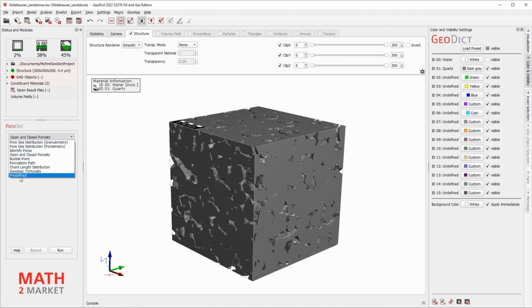As you can see, there is a variety of other calculations or simulations available. You may define the pore size distribution, identify pores, calculate the chord length distribution, and many more. For this workshop, select Open and Closed Porosity and edit the options by clicking Edit.